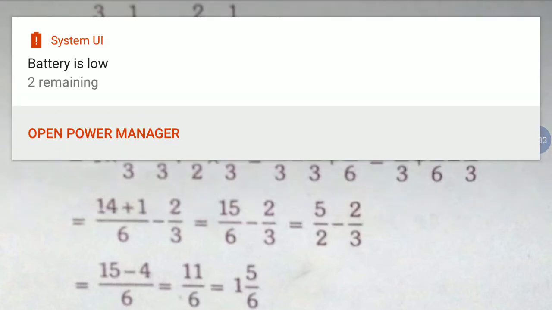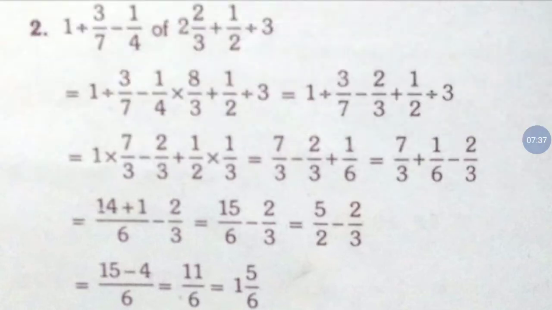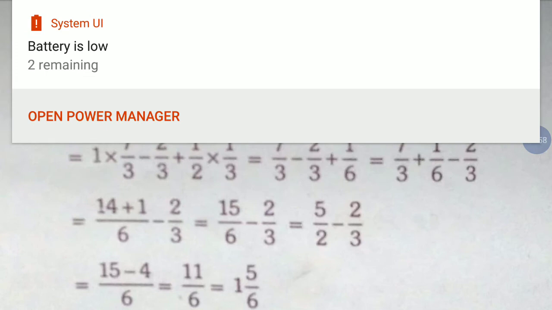Again here what we are going to do, we are just going to first of all convert the mixed fraction into the improper fraction and then we will solve it. That is 1 plus 3 by 7, 1 divided by 3 upon 7 minus